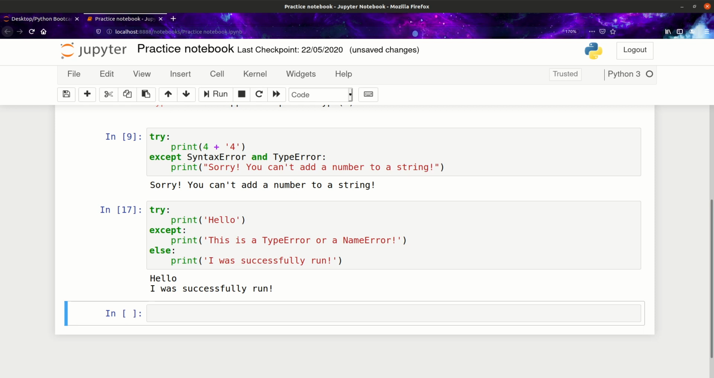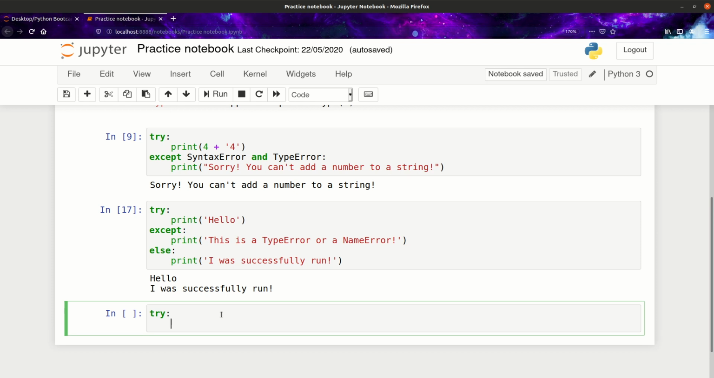Okay, so now we are going to use the finally statement, and what the finally statement does, so even if there's an error, it won't be bothered. Okay, so it will run even if there is an error. So let me show you. So I'm going to say try and then I am going to put in